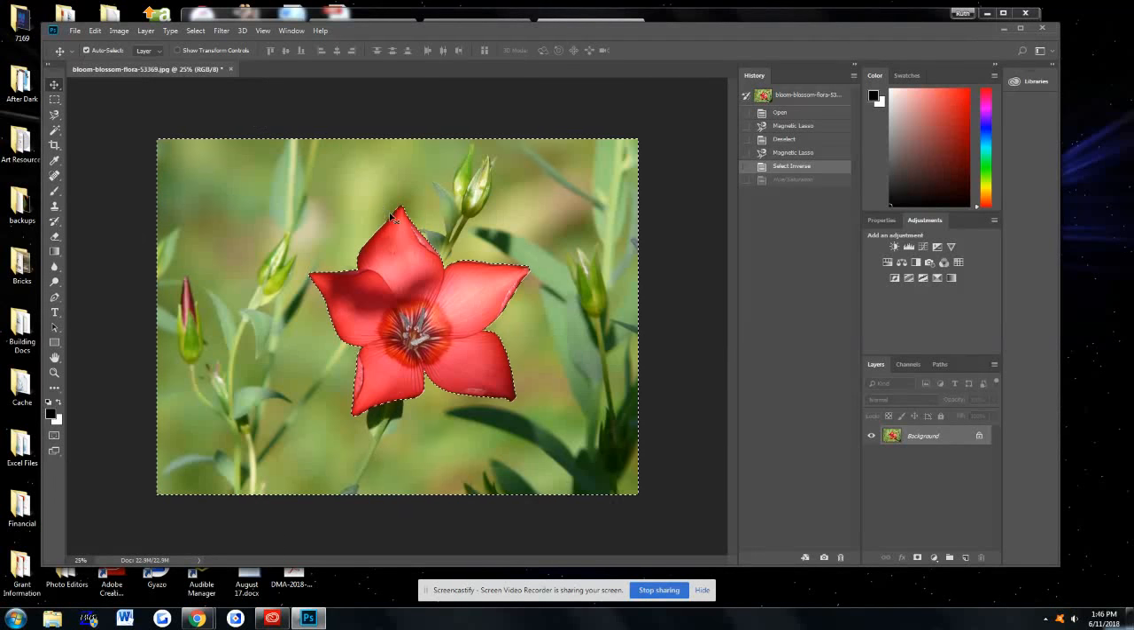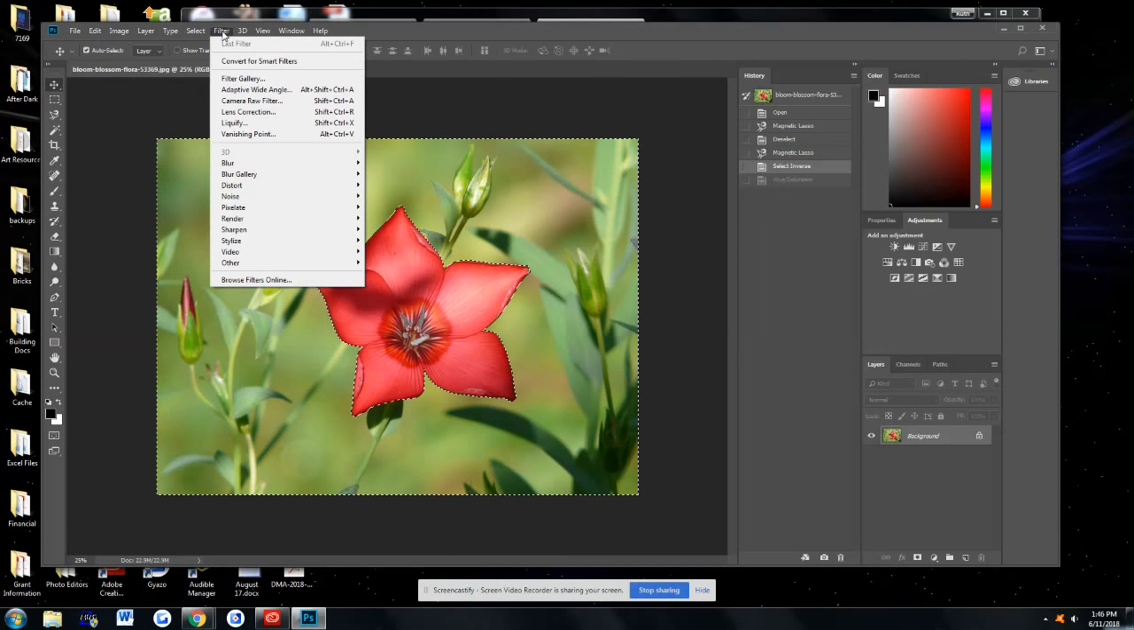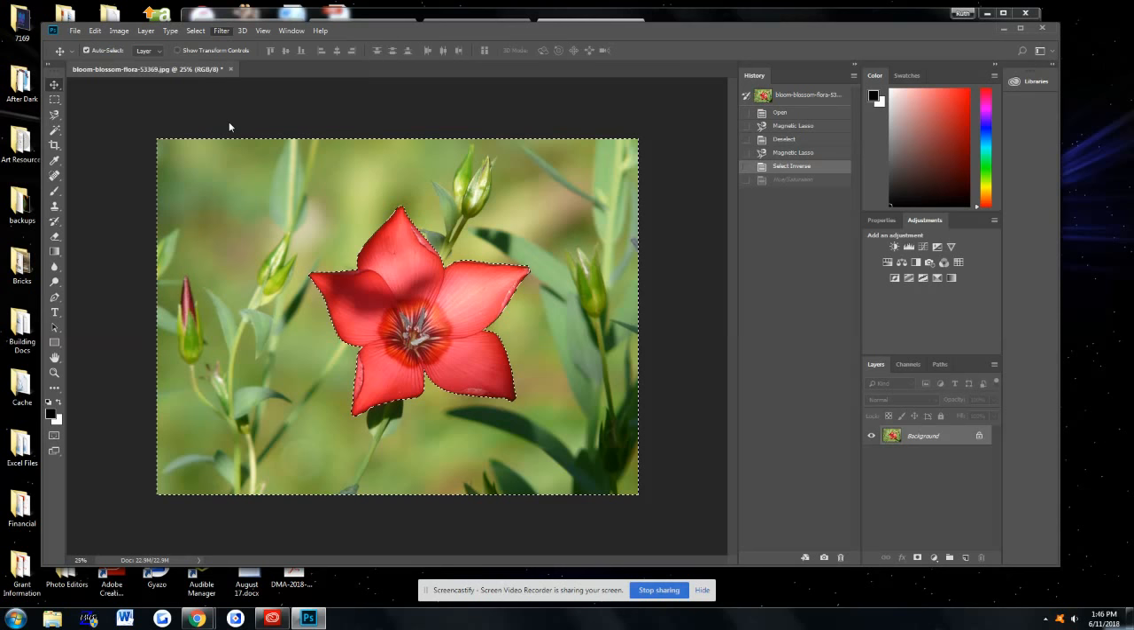I would like to show you how to use filters in Photoshop. I still have my flower selected with the magnetic lasso. I did that before. I'm going to go to Filter up on this menu, and there are some great filters. In this video, I'm going to show you Liquify because it's really cool. So we click on Liquify